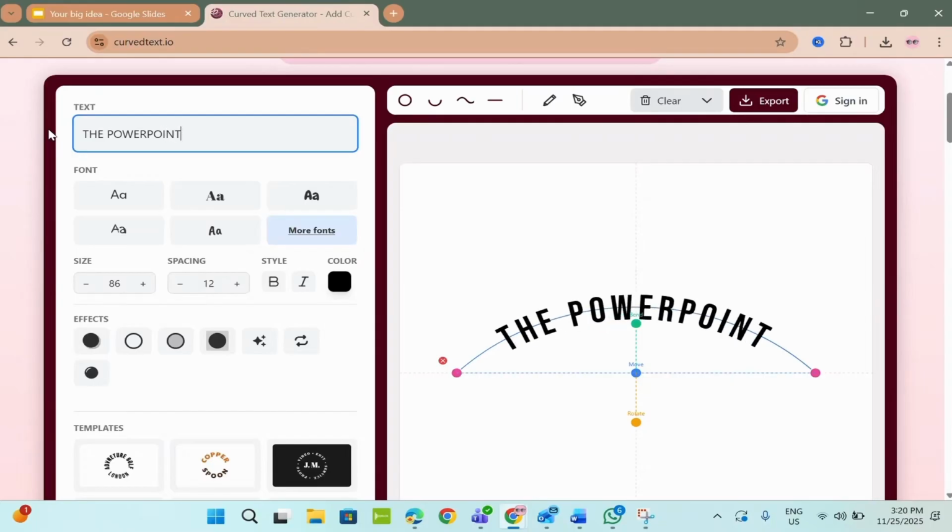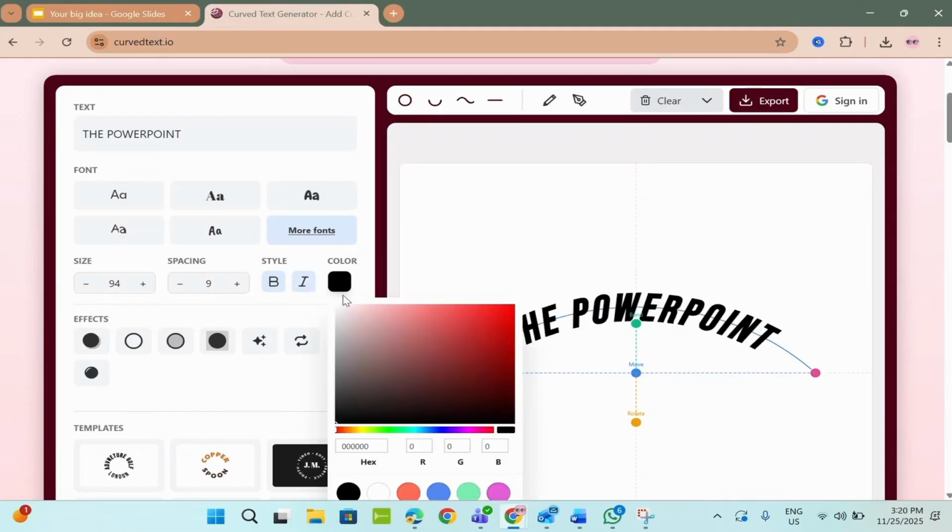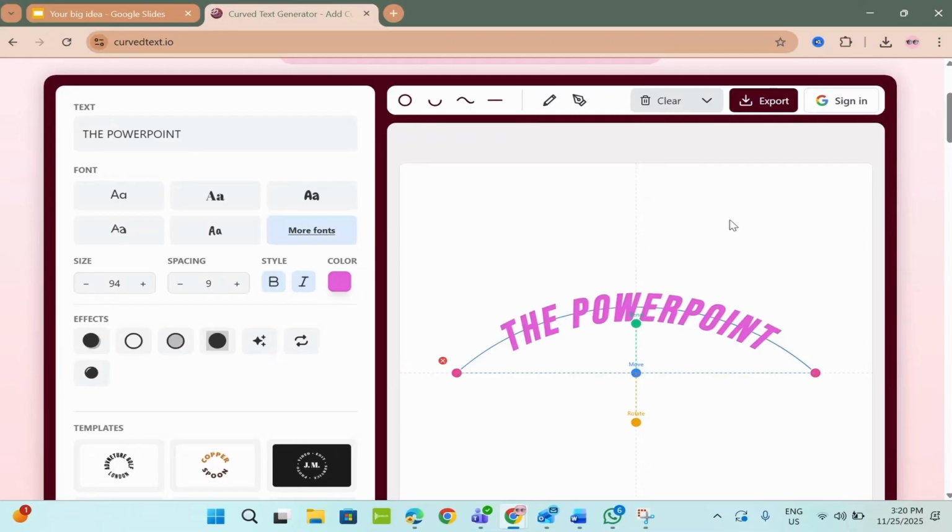So as you can see that the curved text has been formed. Now you can even change the color, put in effects if you want to. You can increase or decrease the size and the spacing as well. You can make it bold, italic, and then after you're done, just tap on export at the top and